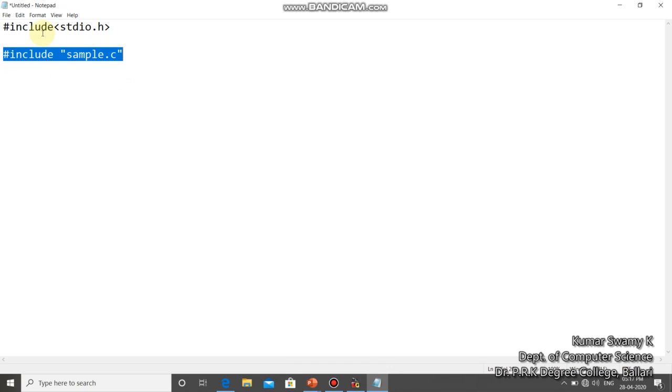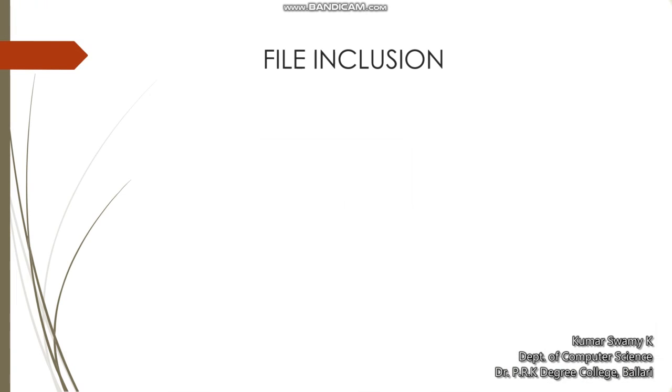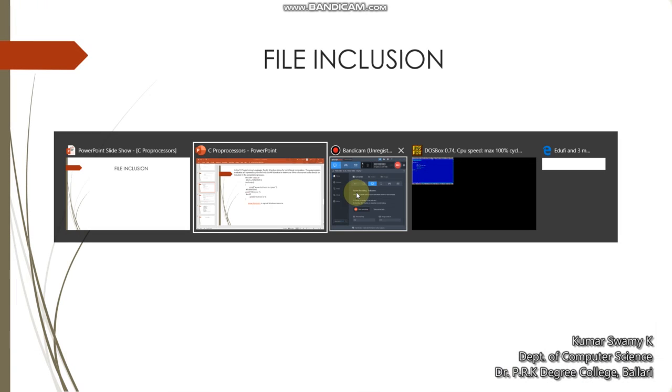And the angle brackets form is used to include standard library files. Are you getting my point? Let's understand with an example how this file inclusion method is used in programming.